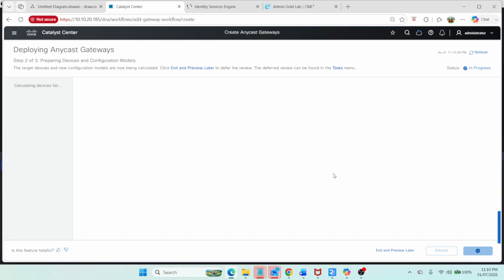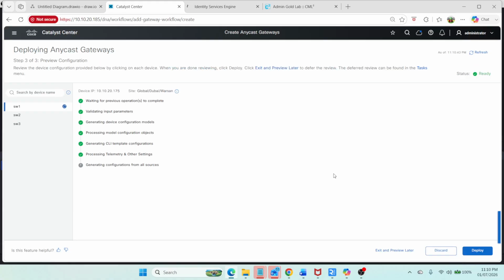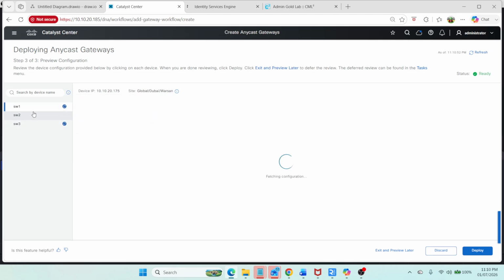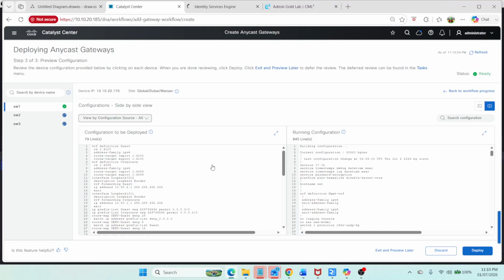Now let us wait. It is almost done right now. I was just waiting for it. Okay, it's almost done. It's generating the configuration. Once it generates the configuration, it will let you know what they're going to deploy. This is saying that it's going to create the VRF. It's going to create the two VRFs, corporate and bus, and it's going to put import and export communities, which you